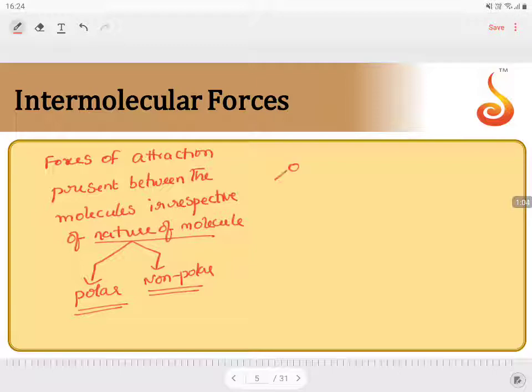If I take water, there will be two bonds present between oxygen and two hydrogens. The bonds which are present between oxygen and hydrogen are given a negative charge and a positive charge due to the difference in polarity, partial positive and negative charges. If you assume there is another water molecule present in this way with a negative charge on the oxygen and a positive charge on the hydrogen, with partial charges, what can be expected between these two molecules is